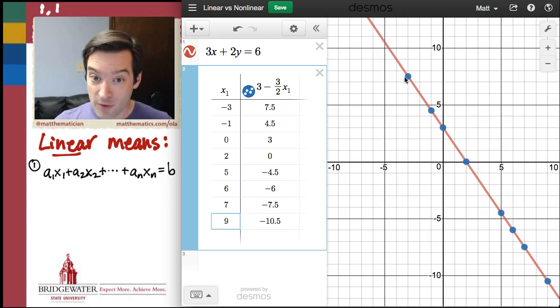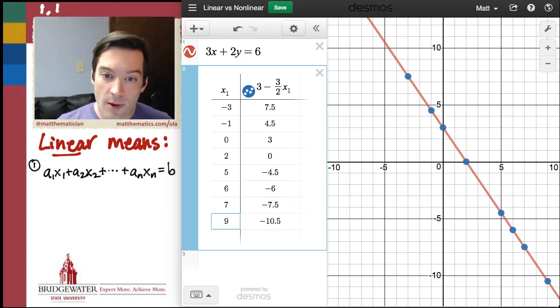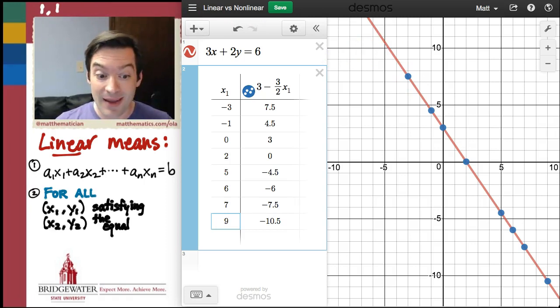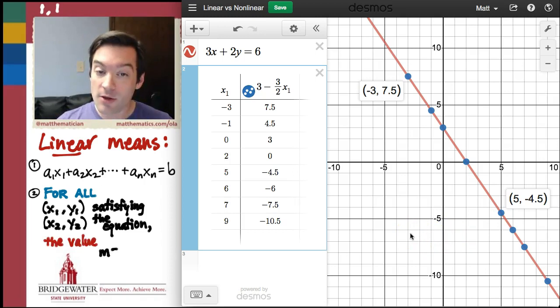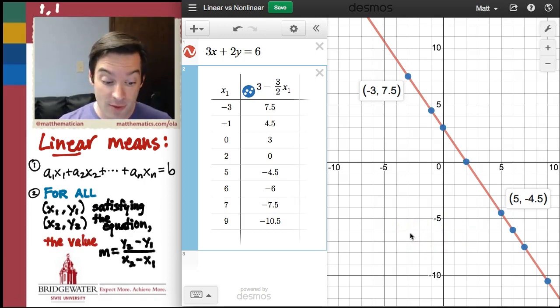So we might formulate that as follows. So here's how we're going to put that. We're going to say, for all ordered pairs x1, y1, and x2, y2, which satisfy this equation, and I'm using the words for all here very specifically because we're about to make a very logically careful point about what we mean. For all x1, y1, and x2, y2 which satisfy this equation, another way to say that geometrically is it's for all pairs of points that I choose that lie on this red line over here, no matter which ones I choose, the conclusion is that the value of the slope,